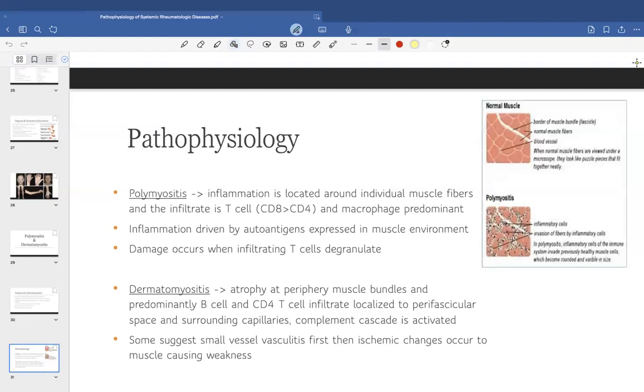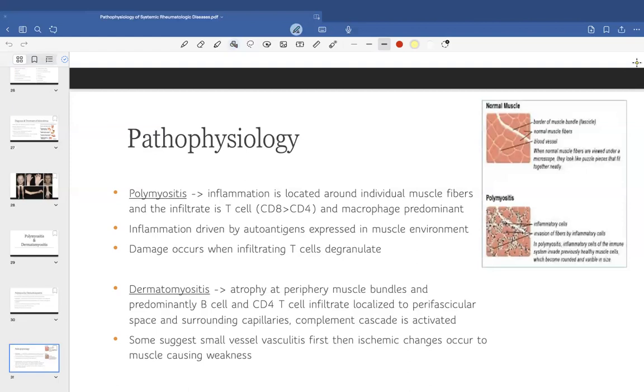And so these B cells and CD4 T cells are going to trigger damage to the vasculature, these very small vessels that are feeding these muscle bundles. It's going to really cause ischemia, which then is going to again lead to an inflammatory response